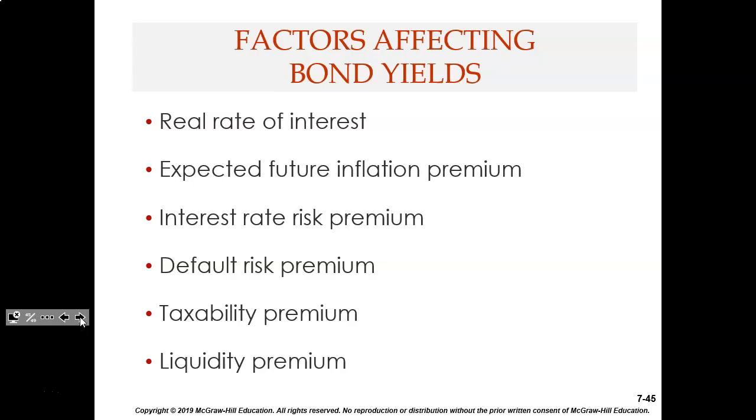So rather than losing that money, they kind of spread some of that out to all of us. Okay. And then the taxability premium, we're paying the taxability of the money, a little bit of premium on that. The liquidity premium is just if interest rates go up, their money's locked up into this long-term investment, and they aren't able to get money to reinvest in a higher return. So those are the 6 things that generally affect